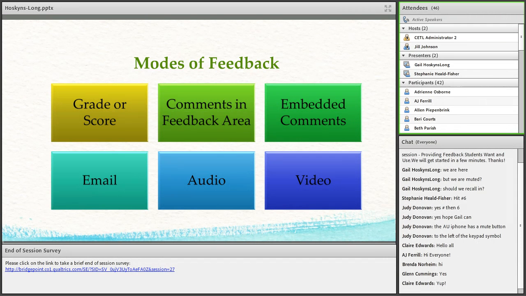Now, when I asked you to reflect on your process for providing feedback, I mentioned thinking about the modes of feedback. In reviewing the feedback process, we found there were a number of things that faculty need to consider. One of the most important considerations is whether or not students can access the feedback. So that was the first of these considerations, and this primarily refers to the mode the instructor is using as far as accessing it.